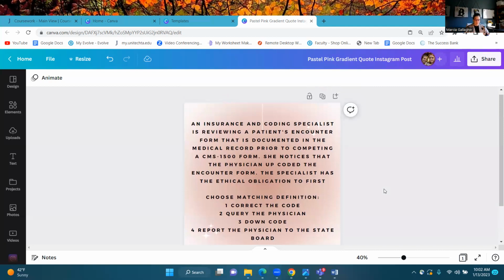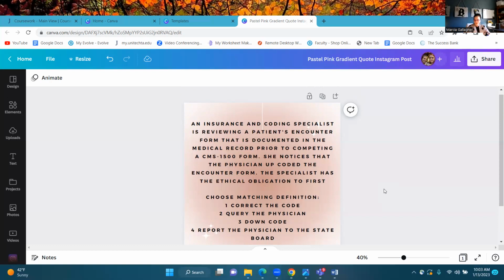So if you've noticed that your physician is upcoding, which means they're charging for services that they shouldn't be getting. They didn't do the work, so they shouldn't get the payment for it. You've noticed that he's upcoded and charged a code, or asked you to charge a code, that is not on the medical record.